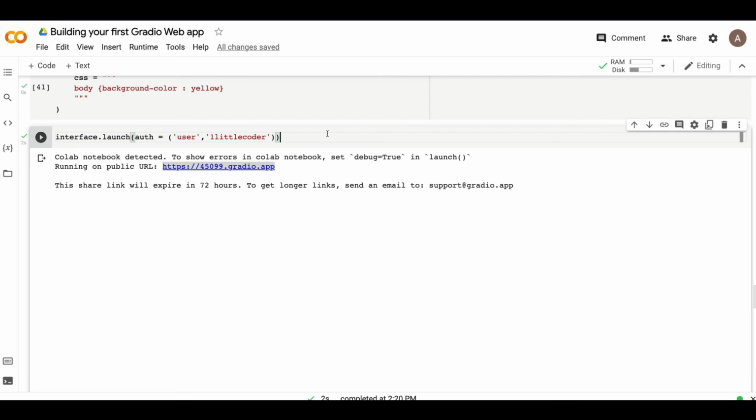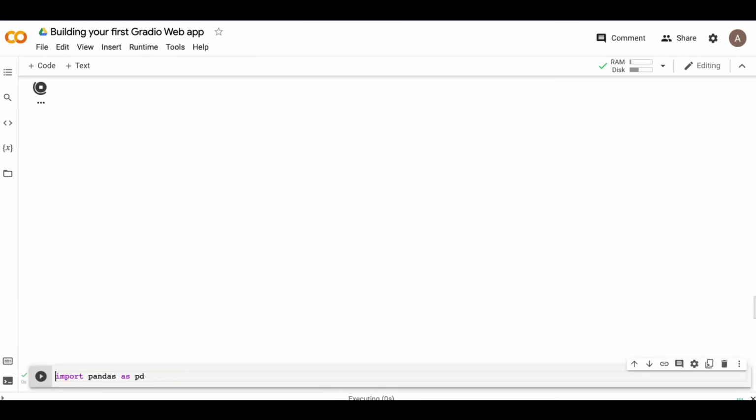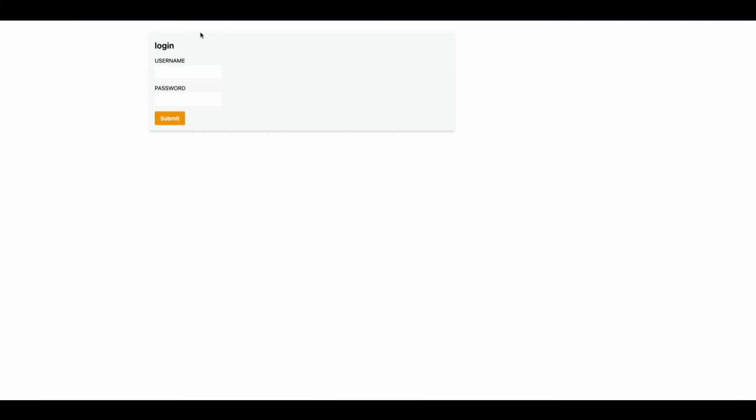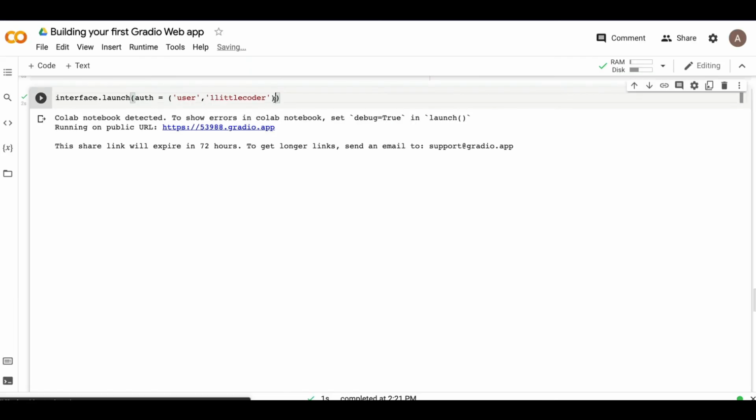Let's refresh this. You can see this because we have already authenticated. So let's run this again, and I wanted to show you an extra thing. When you go here, you can see the login page does not have much detail. Let's say you have shared the login details with somebody in an email and you want to mention this in the login page itself. That is where you have an auth message. So I can say auth message.